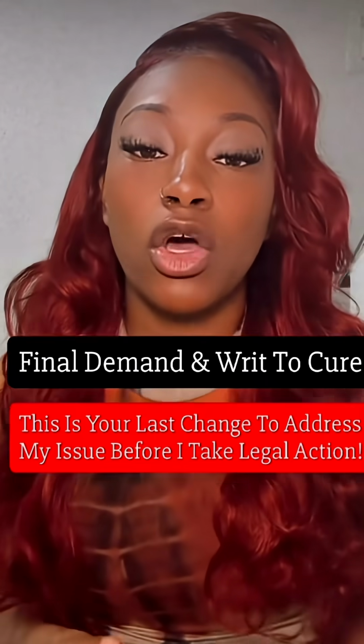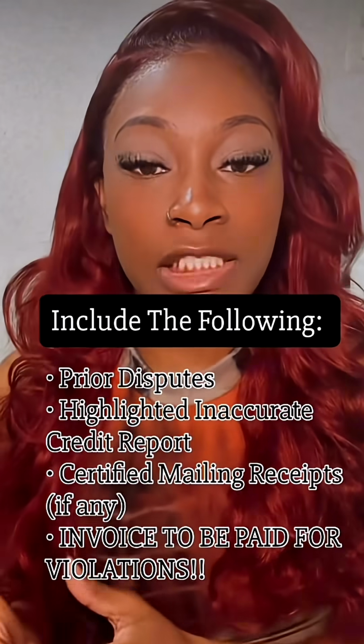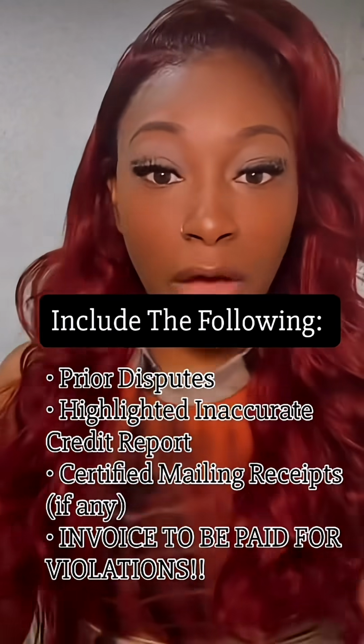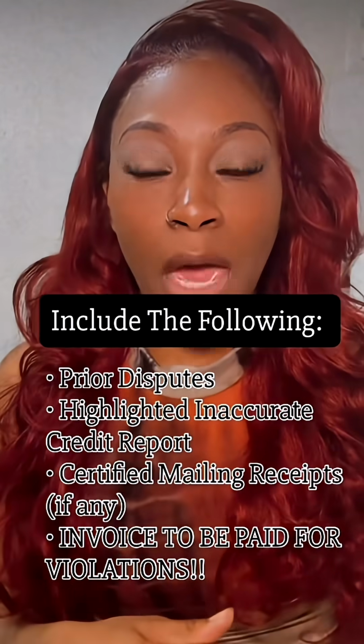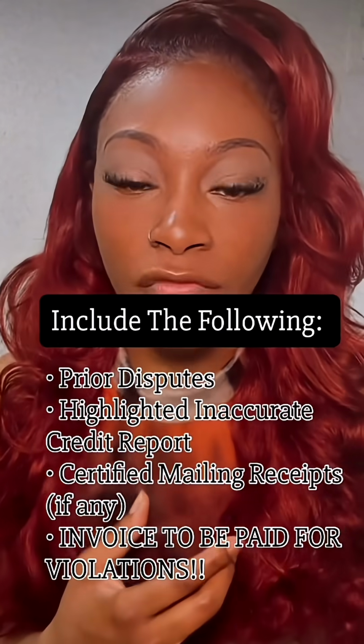Finally, you're going to send what's called a final demand and writ secure. At this point, you're going to list how you requested validation, they failed to do a proper investigation or validate this account, and now they owe you money. You give them the amount that they owe you, you offer them a settle amount, and you give them a time frame in order to pay you and to delete it off your credit report. And if they